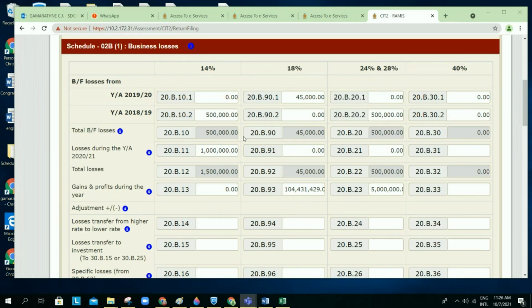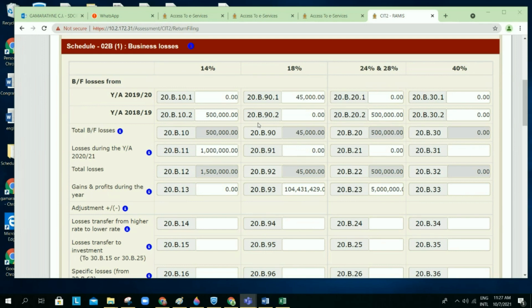It means you can deduct the losses from the same rate or lower rate profit. If you have higher rate losses, you can claim those higher rate losses from lower rate profit. Also, if you have investment profit and business losses, business losses can be claimed from investment profit